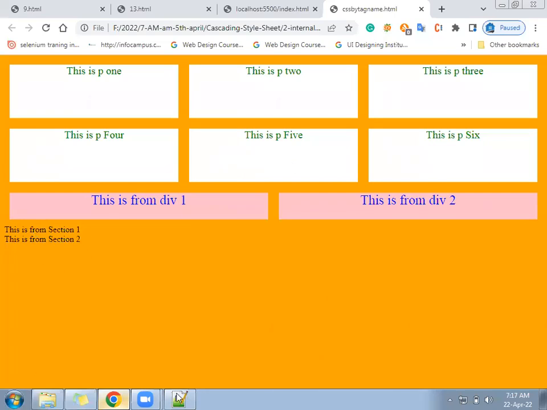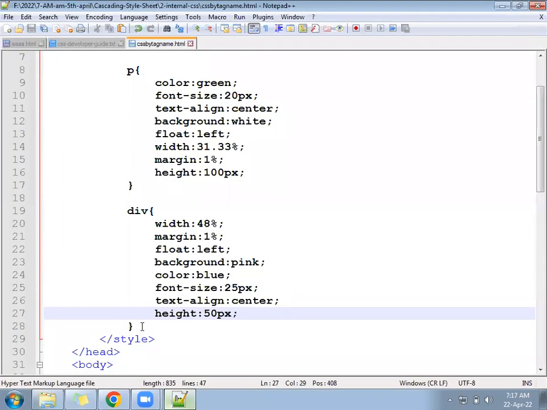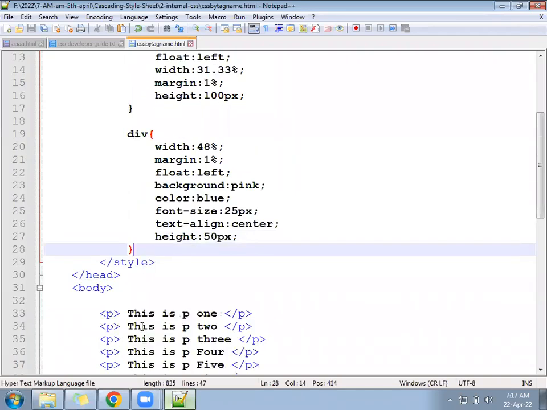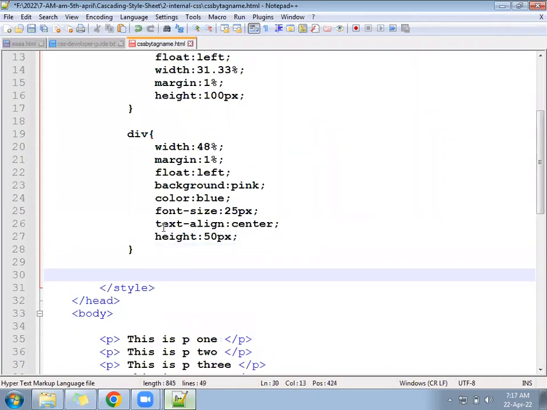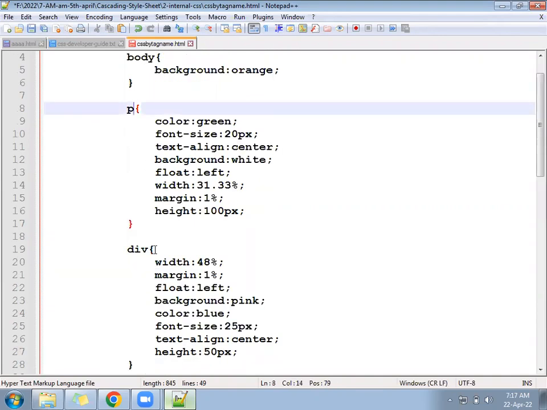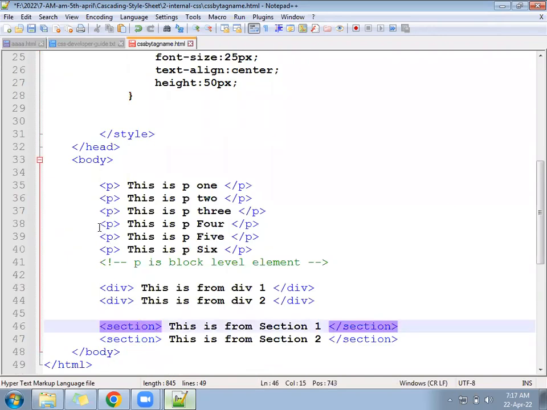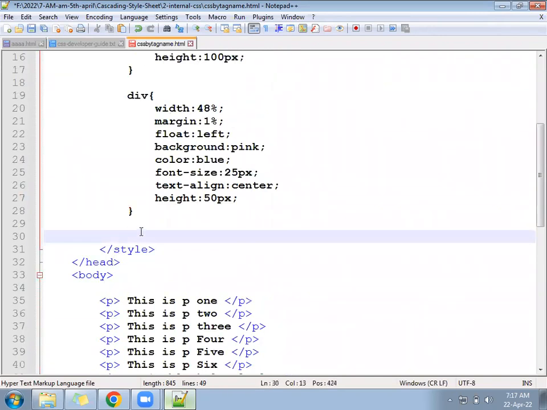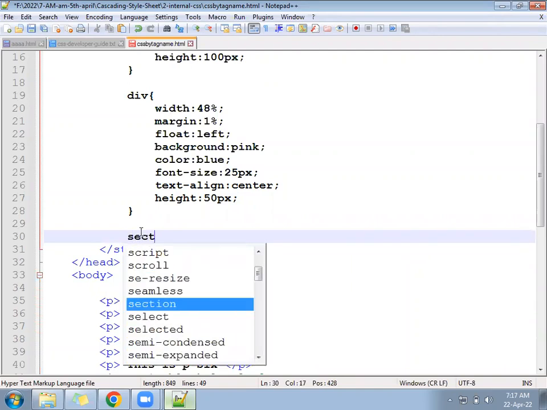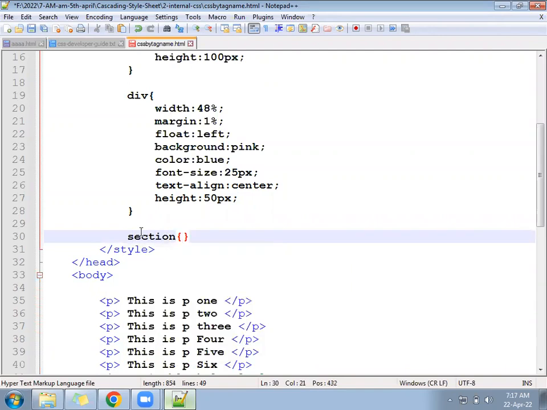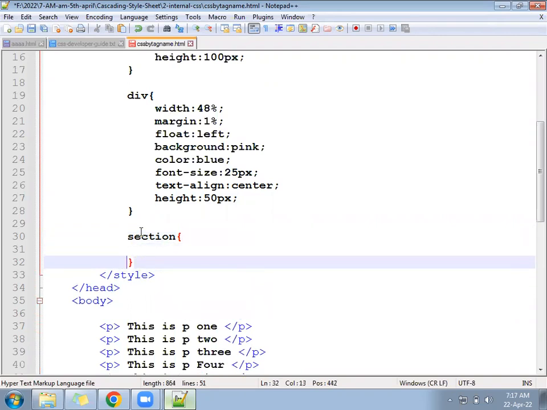Now two section tags we have. We can write for that also. Now it's applied for the paragraph, applied for div, because we have written for paragraph and we have written for div. We have not written anything for the section tag. So as of now, there is no property for the section tag. So for the section tag also we can add something here. Section tag